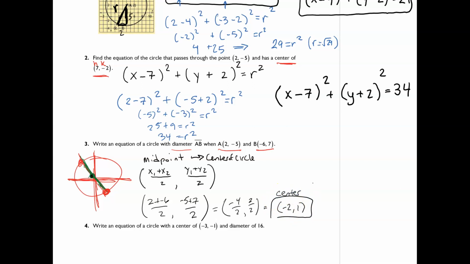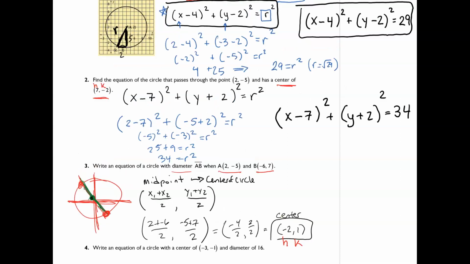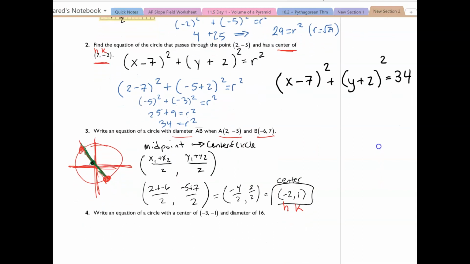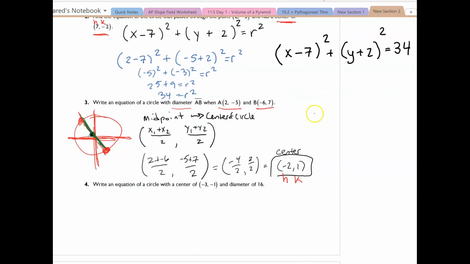Man, I'm writing too big. I'm going to run out of space. Our center is -2, 1, which tells us our h and our k. Please notice that h is negative again. So let me start the beginning of our equation. Sorry about that. Oop, jumping around. I apologize. It's going to be x plus 2 quantity squared plus y minus 1 squared, which equals,